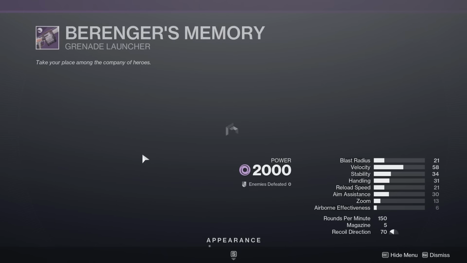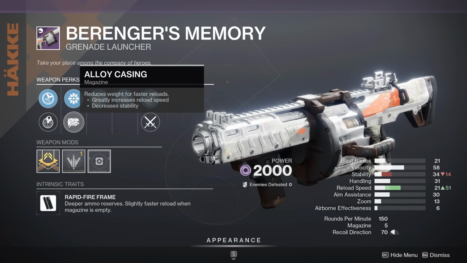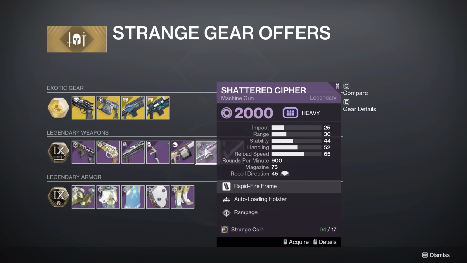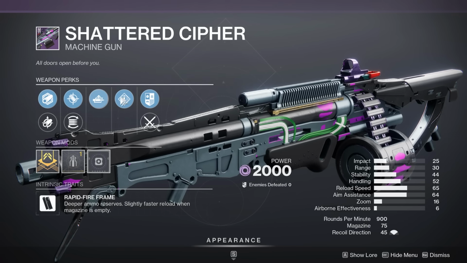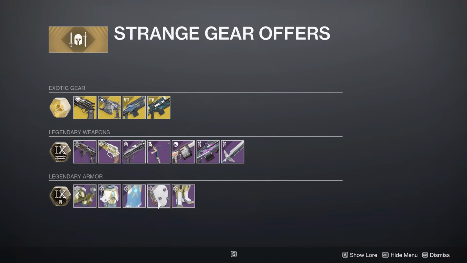Field Prep Demo, if this was like a more damage increasing perk, you actually like, Field Prep is great. Spike Grenades, Alloy Casing, this is all great, but yeah, not really demolitionist here. It's definitely not terrible, but it's not insane. Then you have an auto-loading Rampage Shattered Cypher. Not actually terrible here. Little combo of perks. And then for the class-specific weapons, we have Thresh Vorpal on the Crown Splitter. Not a big fan of that. Moving on from there,